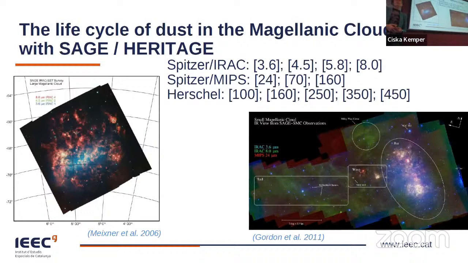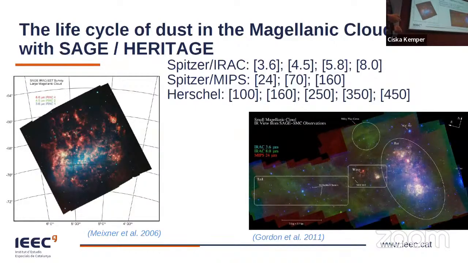So we actually looked at this for the Magellanic Clouds in a lot of detail with the SAGE and HERITAGE projects, which were carried out on Spitzer and Herschel. And we did both imaging and spectroscopy surveys, but here I will focus on the imaging surveys. So we mapped the entire LMC and SMC in all IRAC bands, 3.6, 4.5, 5.8, and 8 micron, and all MIPS bands, 24, 70, and 160 micron, and also most of the bands available in Herschel, 100, 160, 250,